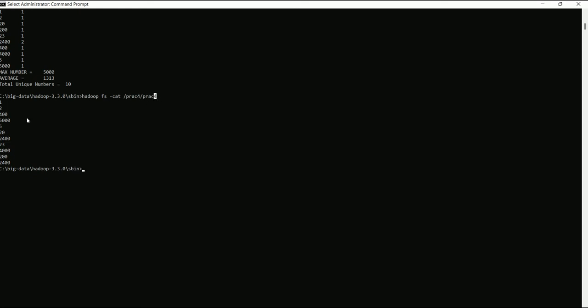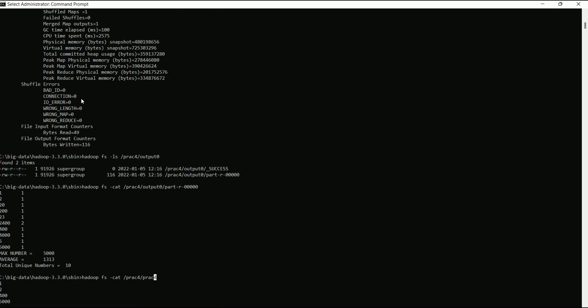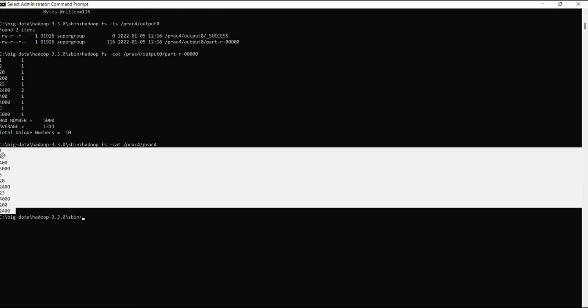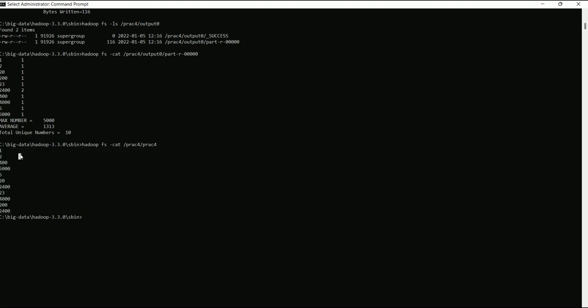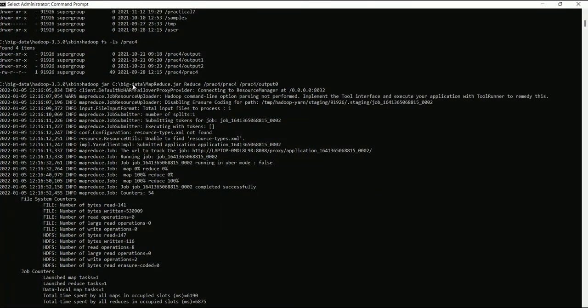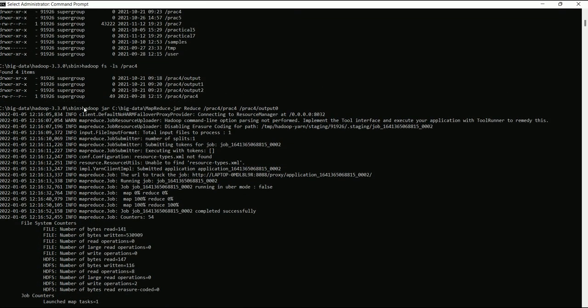So this is my file, and we need to get output from these numbers, as our objective. The command I need to run is hadoop jar, and after that the path of the particular jar file. Then the main class which combines the mapper and reducer.